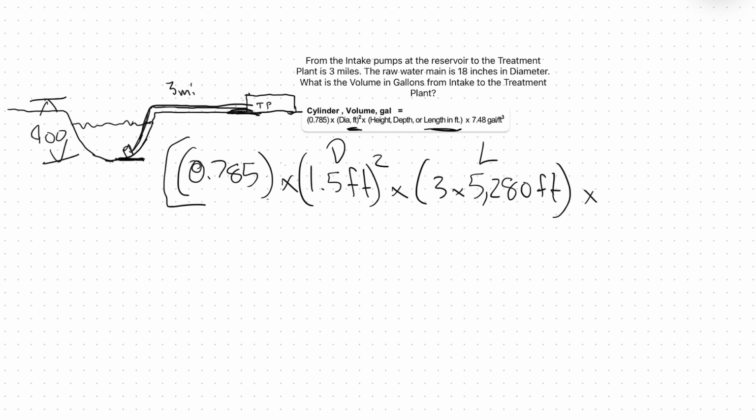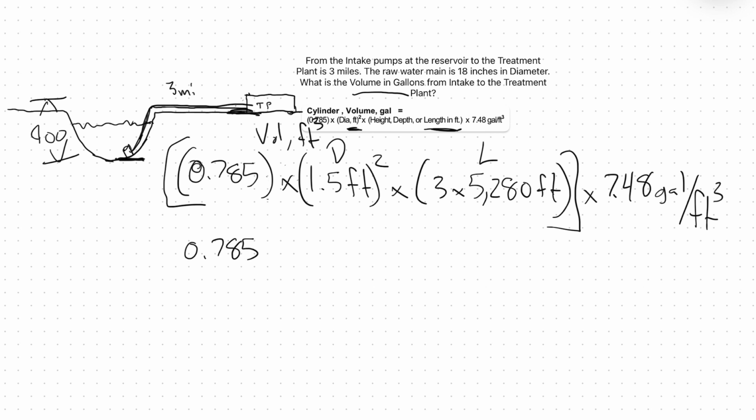So this here is our volume in cubic feet. And we're going to multiply times 7.48 gallons per cubic foot to get our answer in gallons, which is what the problem says. What is the volume in gallons from intake to the treatment plant? So we plug this into our calculator. We're going to get